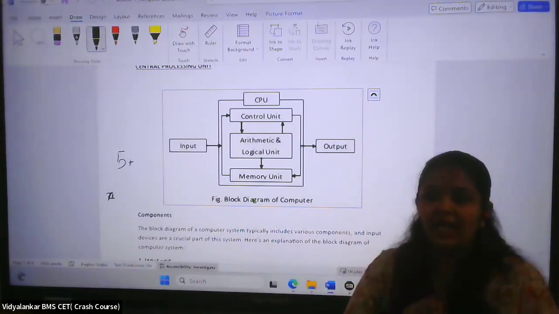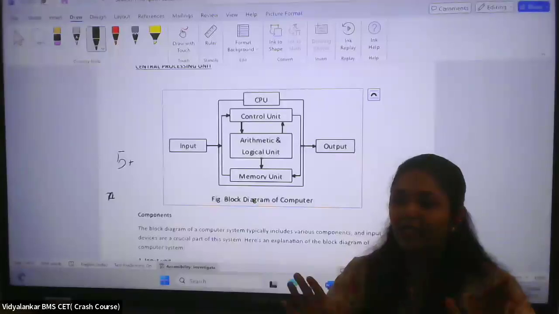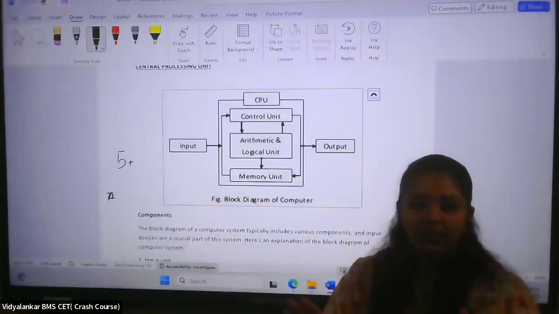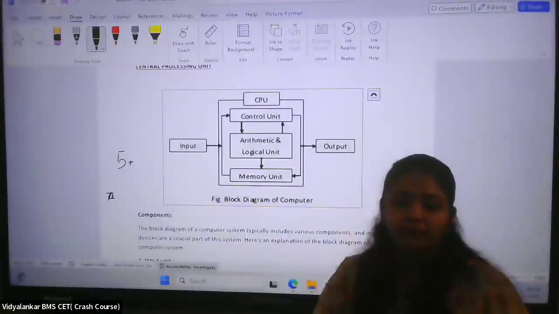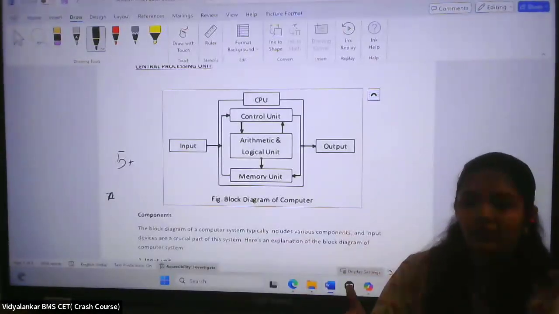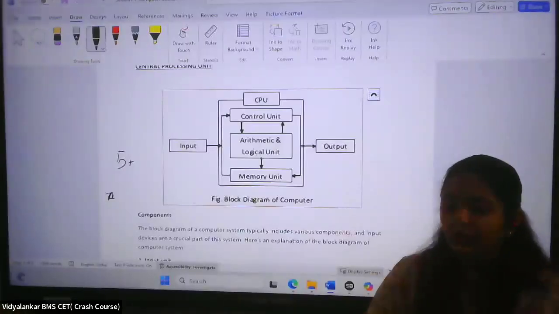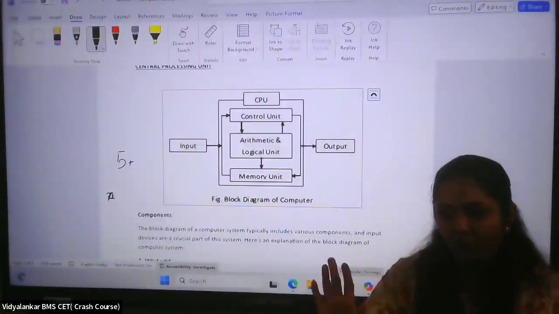Now second, read only memory. Please write down the second one, ROM. I hope you guys are understanding. If not, then you are always free online. Even you can interrupt. There's definitely not a problem. Okay. ROM, read only memory. Now what does the ROM store? OS, BIOS. So I wanted to write BIOS is basic input output system.